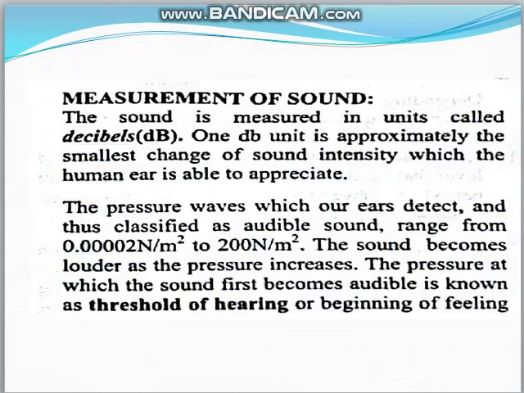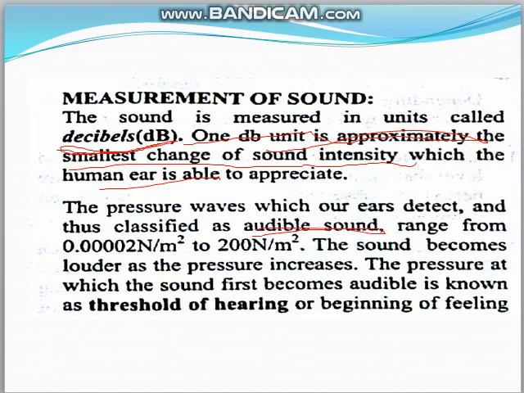Coming to the next slide, measurement of sound. Generally, sound is measured in units called decibels. Important thing: 1 decibel unit is approximately the smallest change of sound intensity which the human ear is able to appreciate. That means when the human ear is able to hear 1 decibel unit, the pressure waves which our ears detect are classified as audible sound,